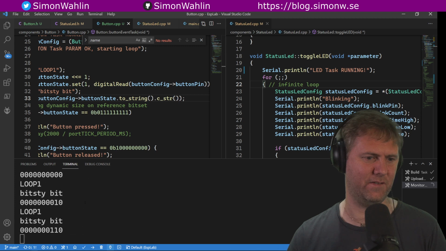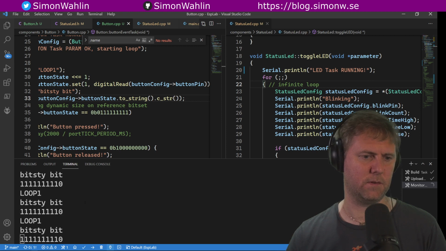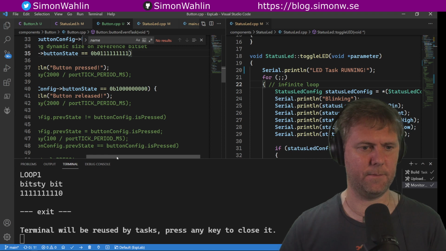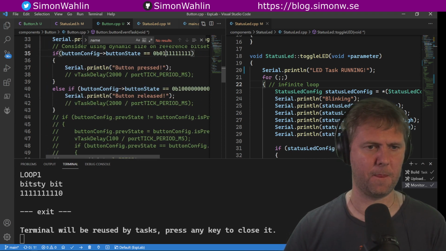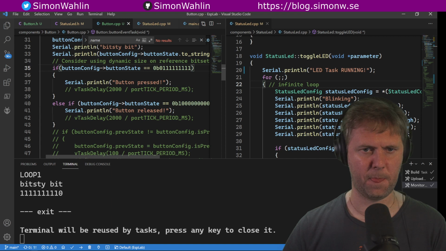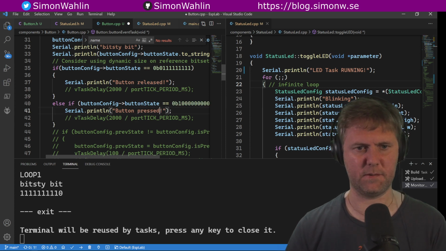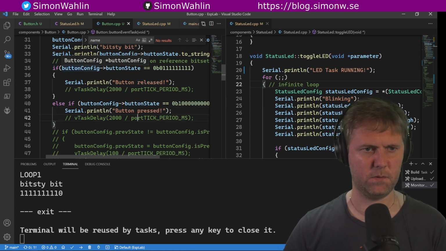Can you see? So whenever I press it, it starts shifting to 0. Right. So, but it's actually when it goes to 1, I think it's released. And then here is pressed. However, it seems to never